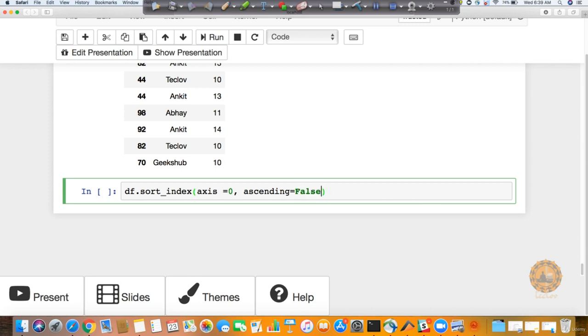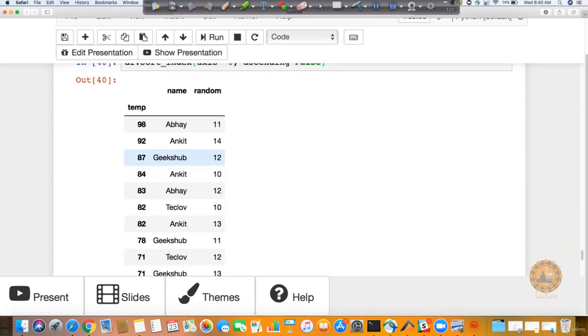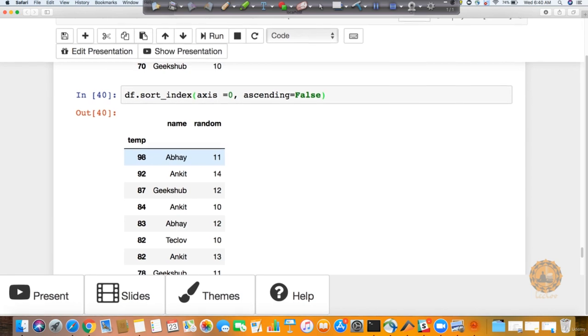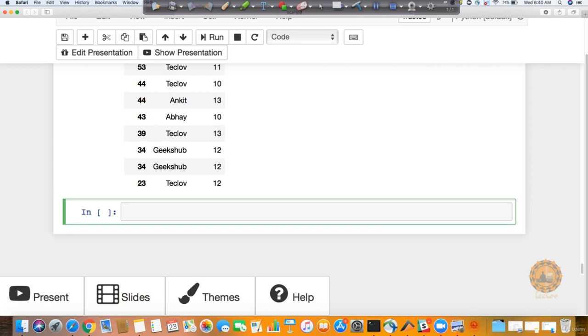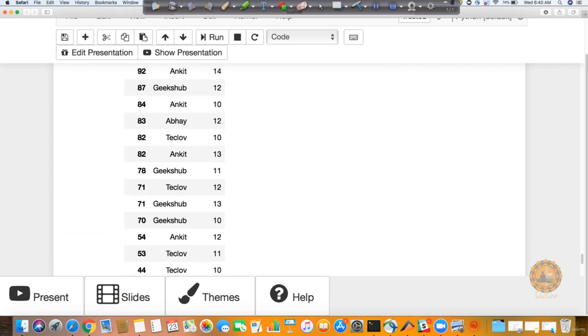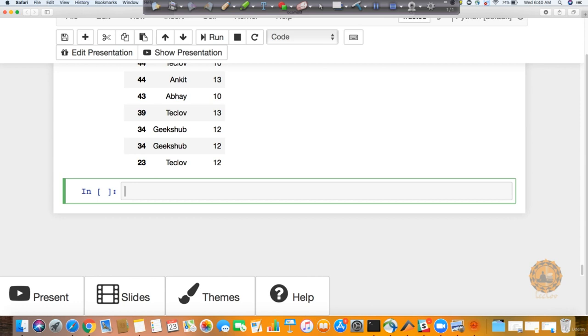This is now going to make my index sorted. You can see 98, then 92, then 87. So in descending order, I can now see all my values with respect to my index. This is how you can check your values and work on them. Now one more interesting thing I want you to note is that right now I have sorted the values with respect to the index. But let's say I want to sort on the random column, which is the last one, and with respect to the column values I want to do this sorting, not with respect to index.